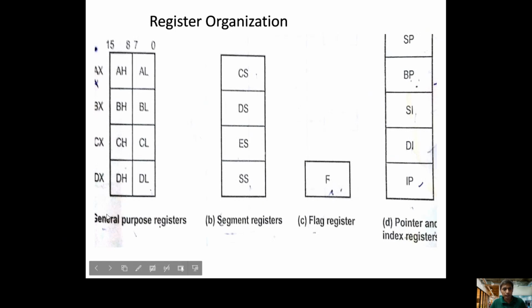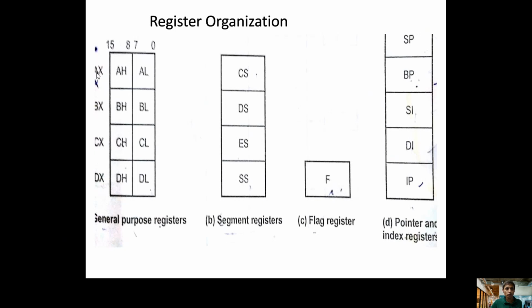Let us see the functioning of general purpose registers. So general purpose registers are also of size 16-bit, but these registers can be used as either 8-bit or 16-bit. For 16-bit operation, directly we can use AX, BX, CX, DX. X for extension, nothing but 16-bit. For example, if I need an 8-bit register only, then we can use AL, AH.